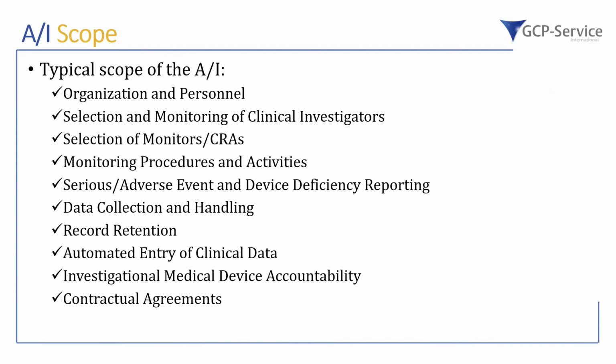For the typical scope of the audit and inspection, it typically includes the organization and personnel. Also, how the clinical investigators were selected and how they are monitored. In one of our previous webinars, there were also topics regarding risk-based monitoring and the types of monitoring. So therefore, the review of rationale and selection of monitoring types is also in the scope of the audit or